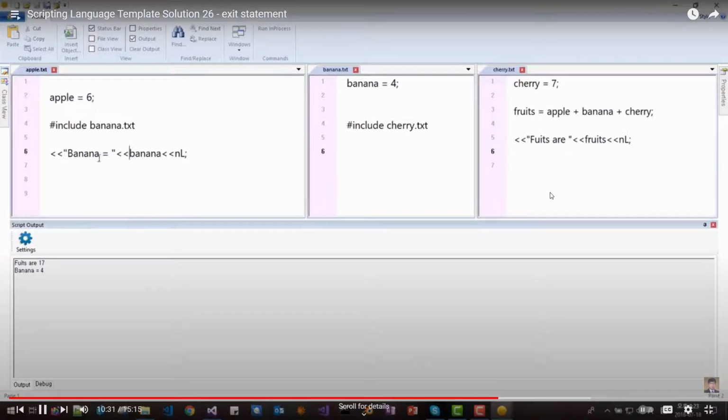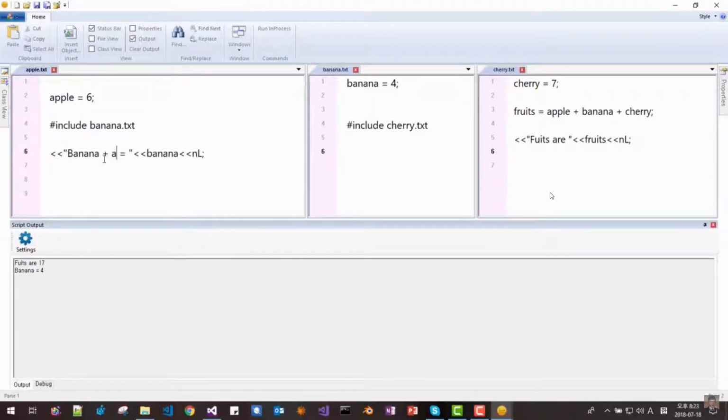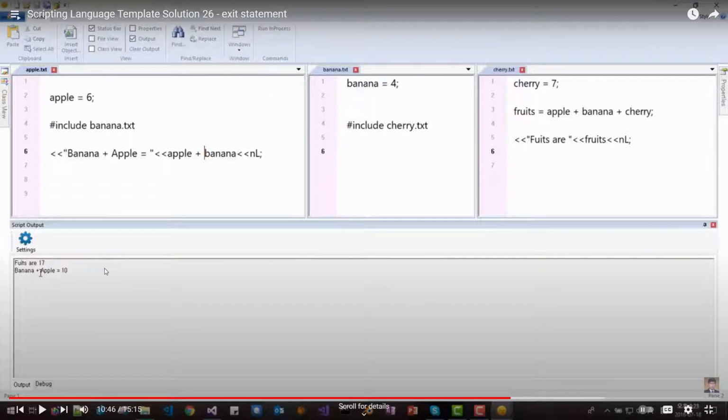I would say banana and apple plus apple plus banana. Okay, if we run it, then so Fruits of 17 comes from this line. Banana plus apple